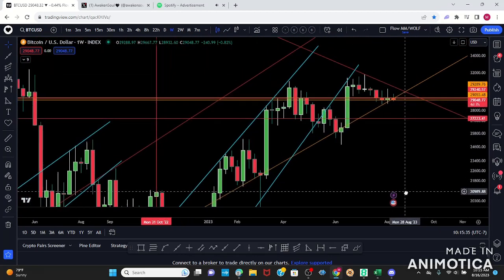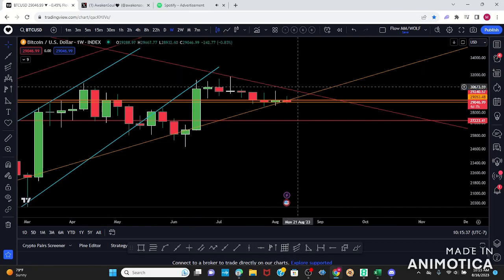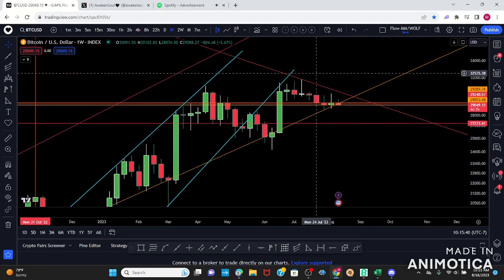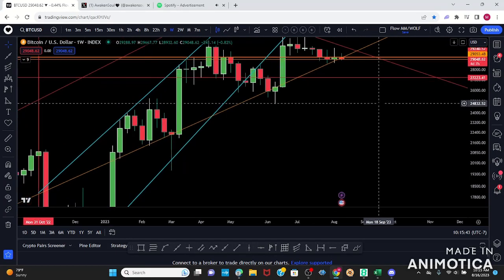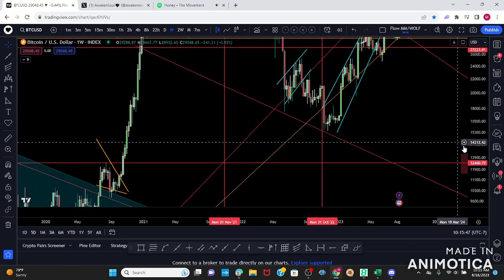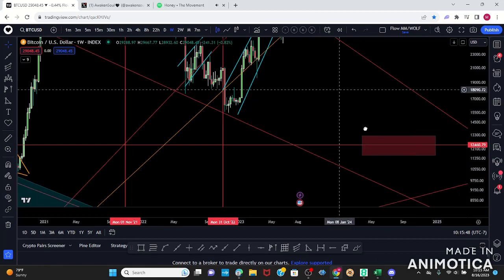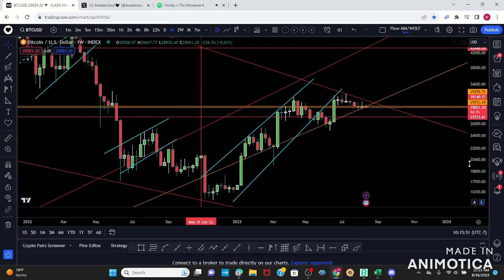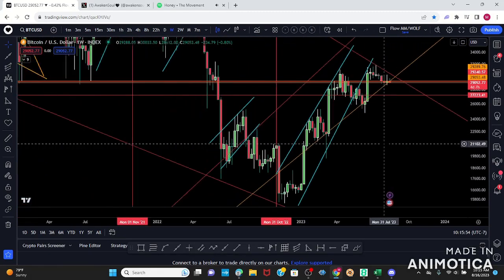Big weekly support. And I'm not going to put a resistance. Why? Because we have the monthly resistance. So what would be my target, right? Well, you have your monthly target at 12K. But my weekly target, right? What we could do,